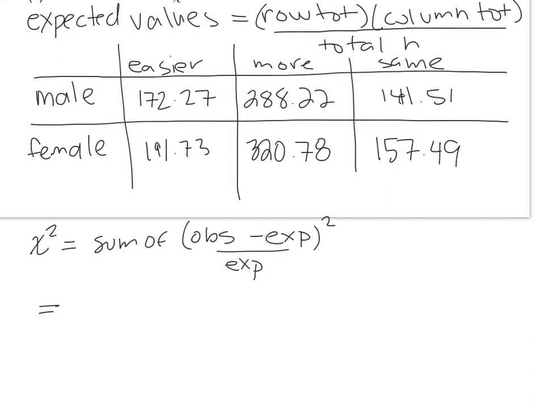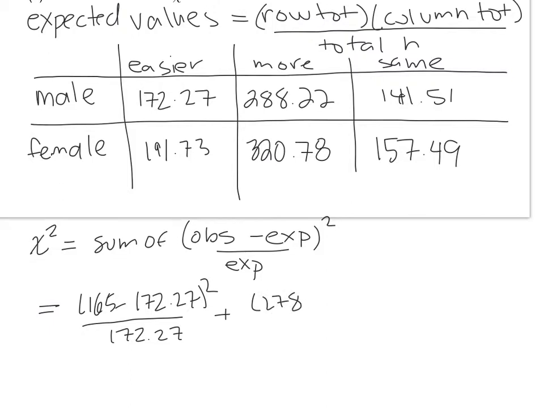So for the male, easier, the observed is 165 minus 172.27 squared over 172.27 plus, next, going straight across that male row, 278 minus 288.22 squared all over 288.22